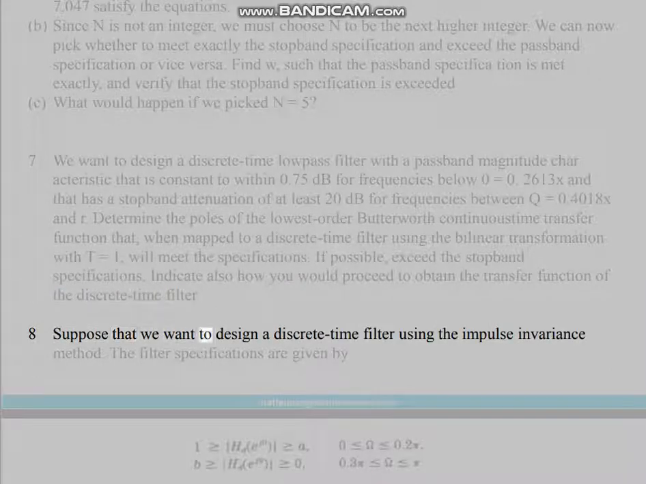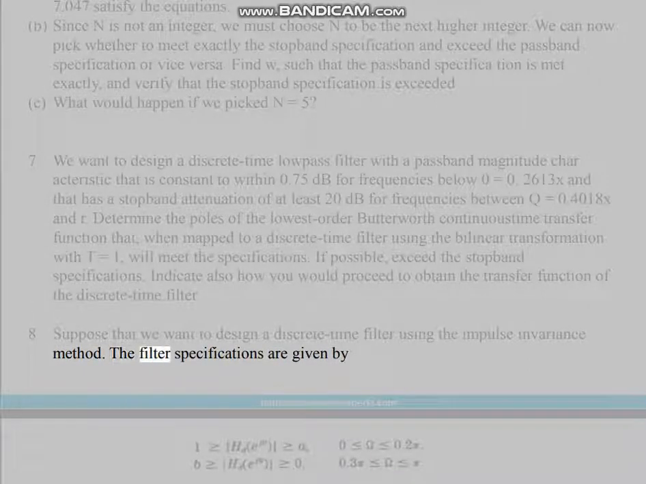8. Suppose that we want to design a discrete-time filter using the impulse invariance method. The filter specifications are given by